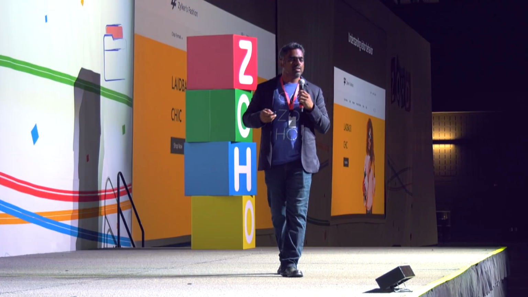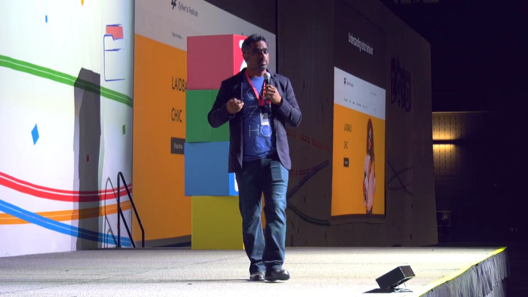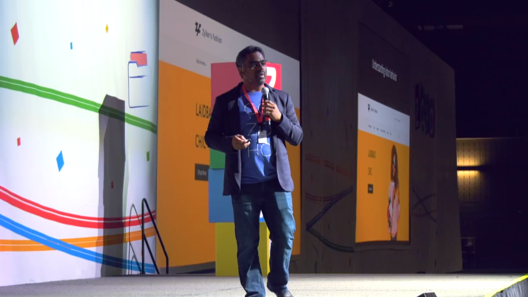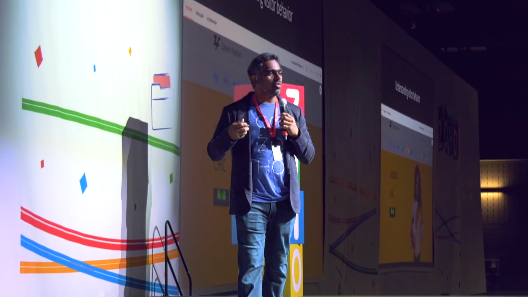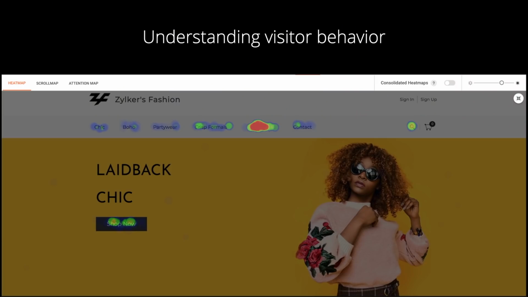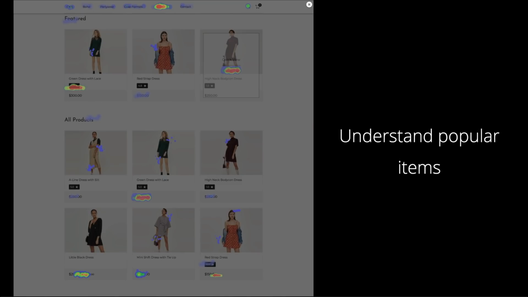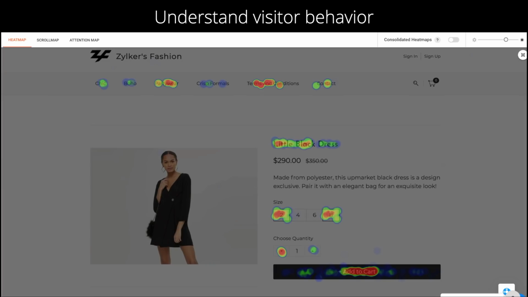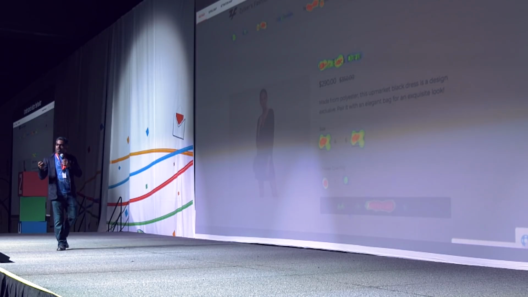For example, your visitors might be seeing this, but at the back end, you can see what the popular items on the menu they are clicking, what items in your store they are most interested in to know the details, or even what sizes they might be interested in.